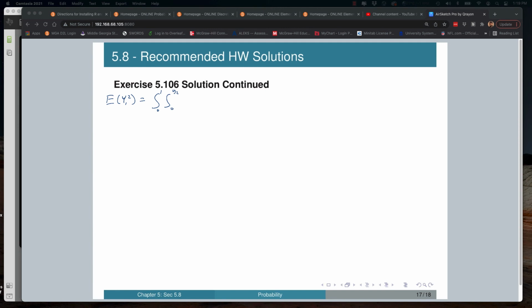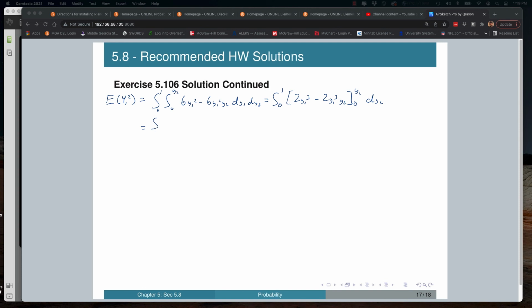But multiplying in a y sub 1 squared, I get 6y sub 1 squared minus 6y sub 1 squared y sub 2 dy sub 1 dy sub 2, which equals the integral from 0 to 1 of first term becomes 2y sub 1 cubed minus 2y sub 1 cubed y sub 2, evaluated from 0 to y sub 2 dy sub 2,